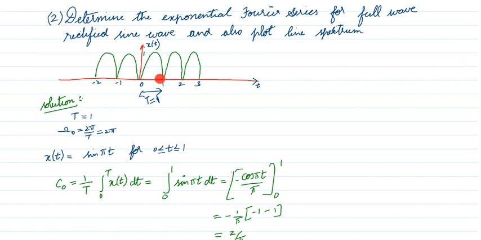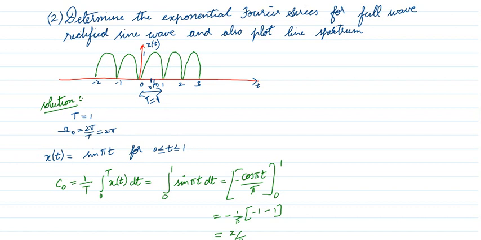If you put time as 0.5, what is the amplitude? The amplitude is 1, because if you put t as 0.5, it is sine pi by 2, and sine pi by 2 is 1. So the expression of this rectified sine wave is sine pi t for t between 0 and 1. Over a period, we have defined x of t. This is a very important step, then only we can proceed to find C naught or Cn.